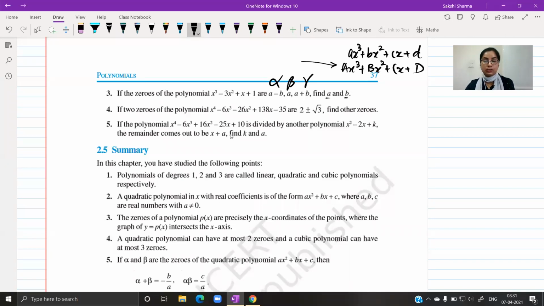जो आपने अभी relations verify किए हैं first question में, alpha plus beta plus gamma equals to minus b over a, alpha beta plus beta gamma plus gamma alpha equals to c by a, and alpha beta gamma, the product, is equal to minus d over a. हम वही relations use करेंगे, लेकिन क्योंकि यहाँ पे उन्होंने zeros जो लिखी हैं उसमें a b use कर लिए हैं, तो जो मेरे relation में a b आते हैं मैं उनको capitals से denote करूंगी.